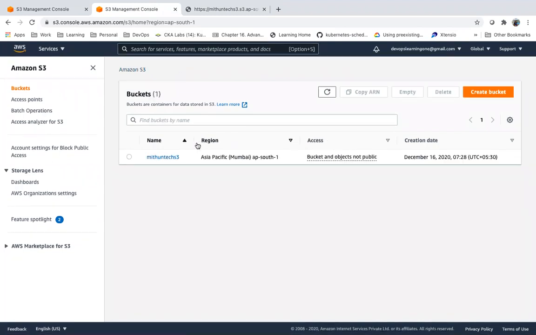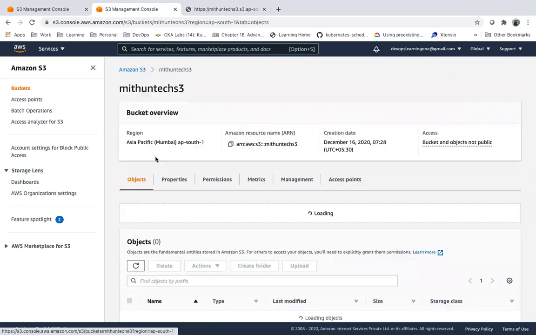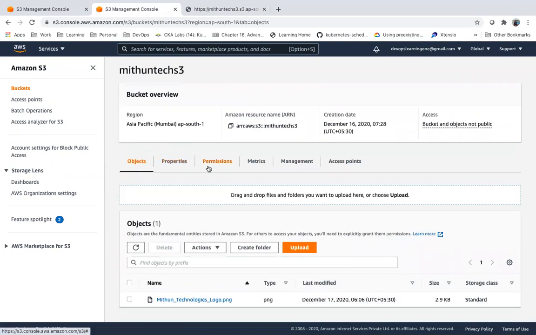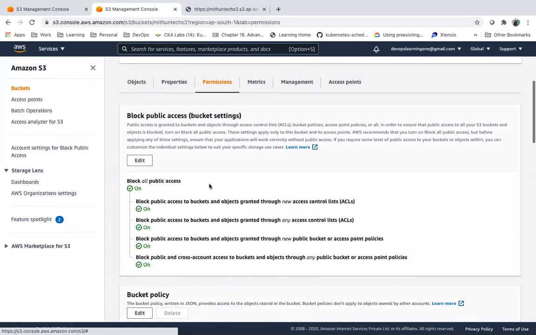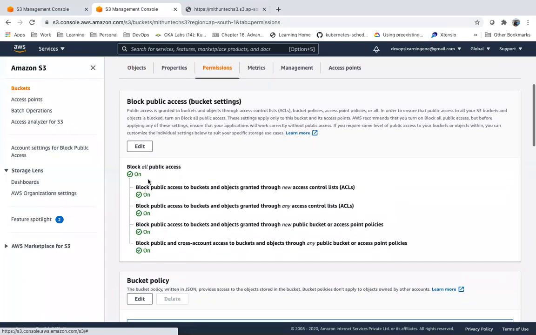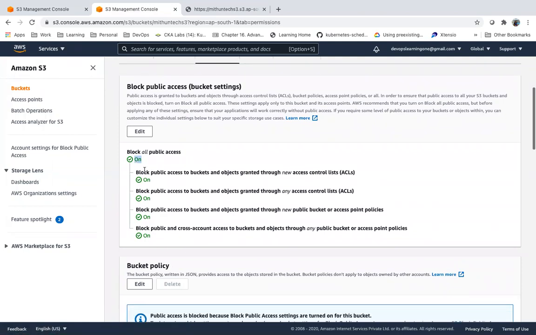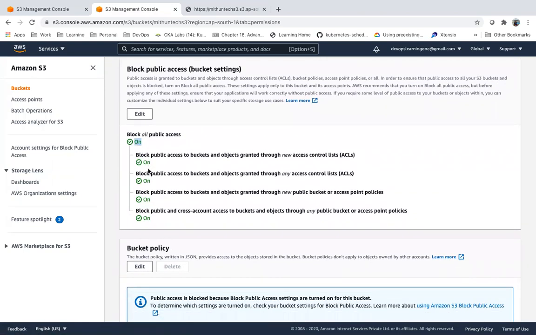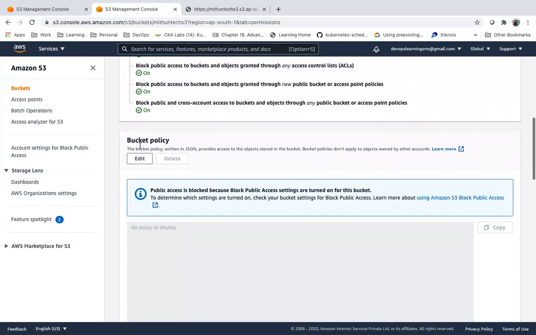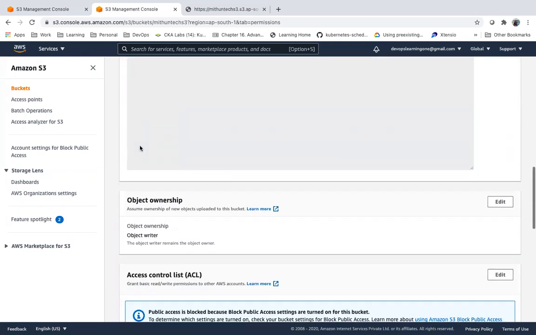If you see by default this S3 bucket, permissions. We have these types of permissions, public access. By default, we have disabled all the public access.